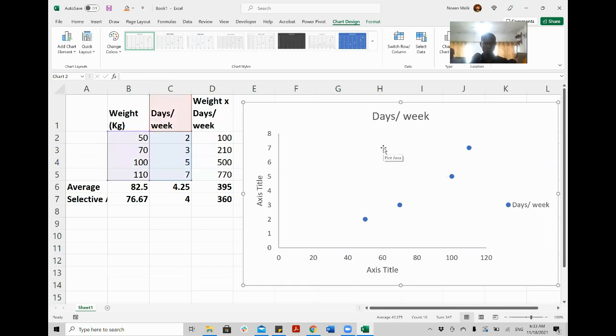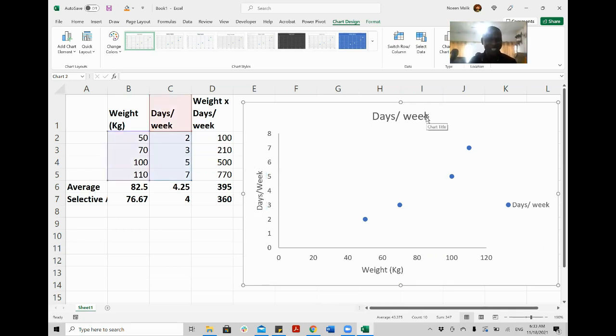Okay. Next thing I want to do, I want to type what my x-axis is. I will select it and I will type weight in kg. Then I move to my y-axis. I select it the same way and it would be days per week.